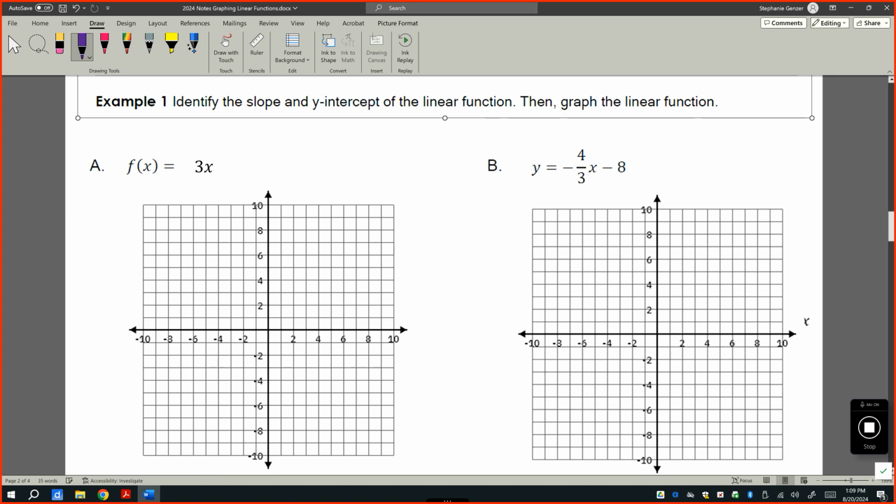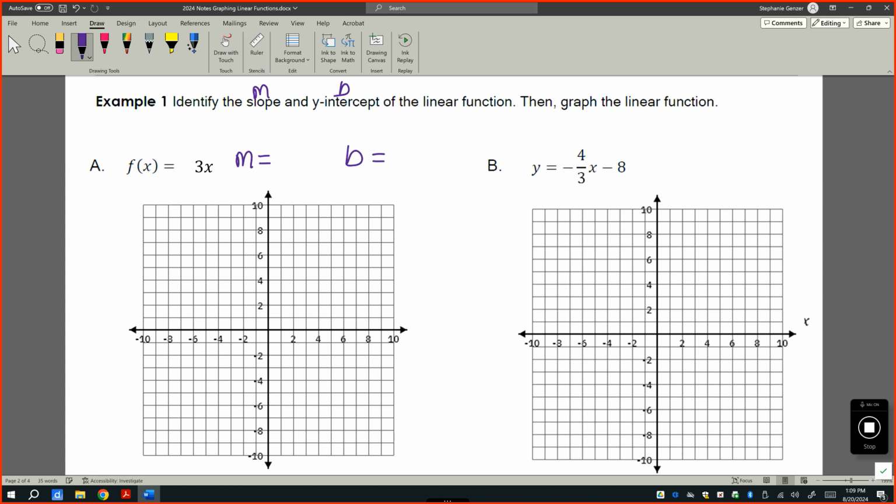So we're going to look at example A. f of x, we know that to be the same as y, right? It's just a function, equals 3x. Okay, so we want to identify the slope and the y-intercept. So slope is m, y-intercept is b. So slope,